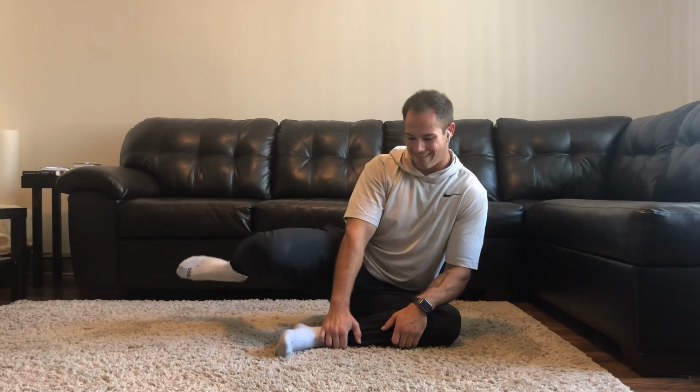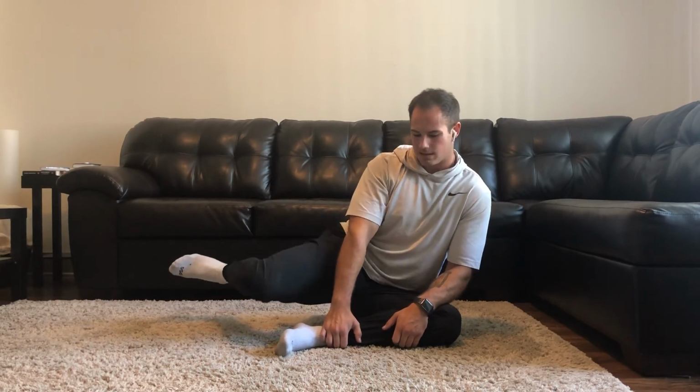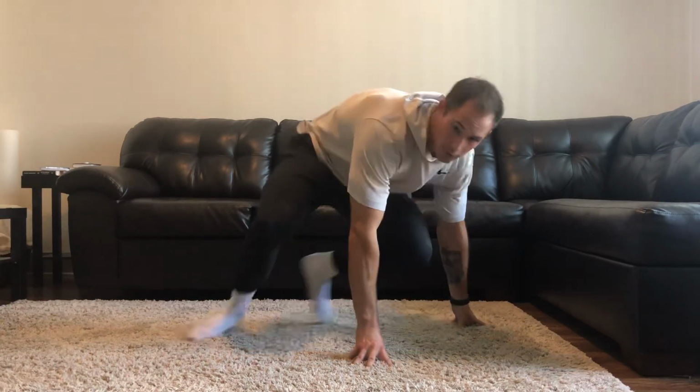3, tap the knee, tap the toe. 2, 1. All right, like I said, if you don't feel like you're exactly warmed up for your squat, make it a little workout,